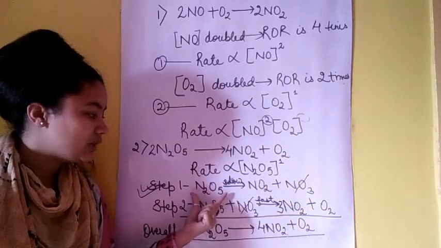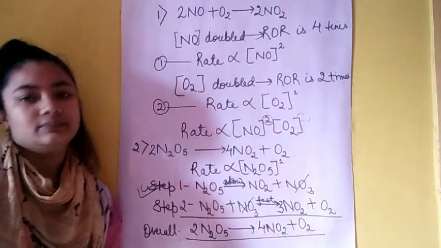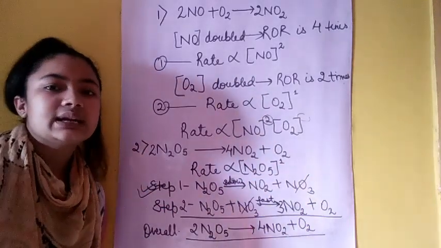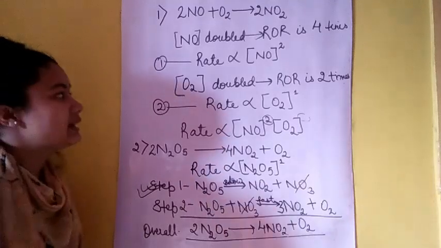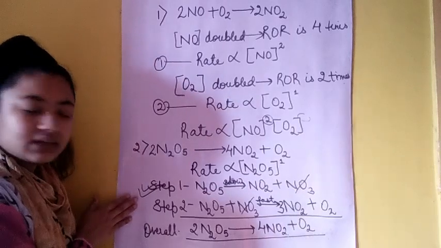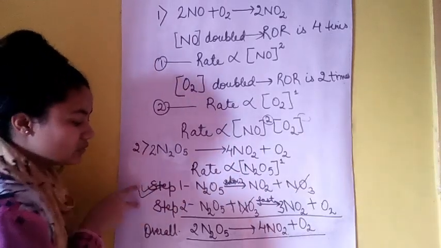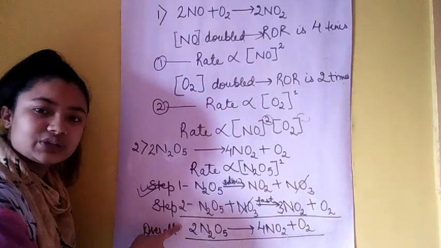And only one molecule is taking part in it, therefore raised to the power 1. Right? So rate law expression is always determined experimentally. I have told you this also and I have told you this also. यहाँ पे हमने क्या किया, that N2O5 दो steps में होता है, right? दो steps को हमने combine करके overall reaction लिखी.